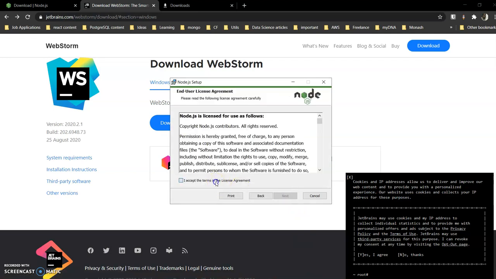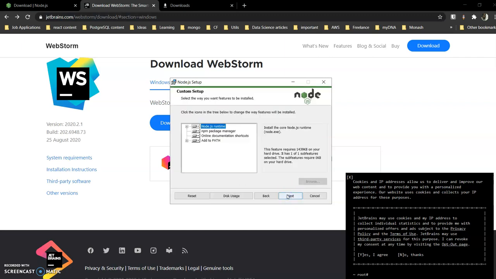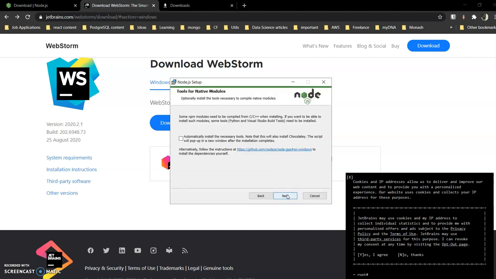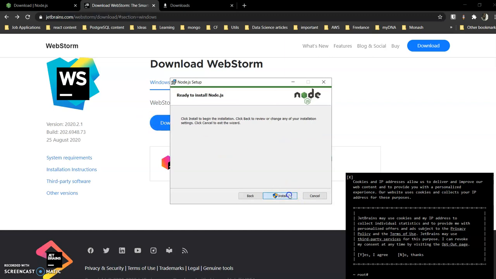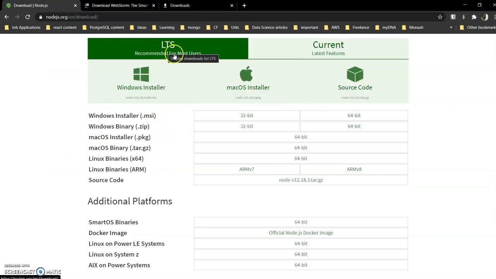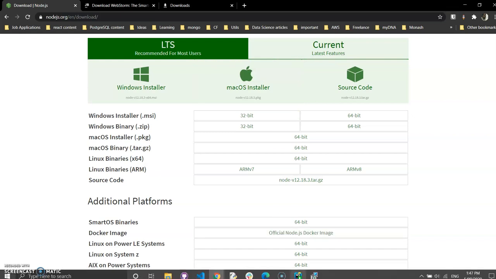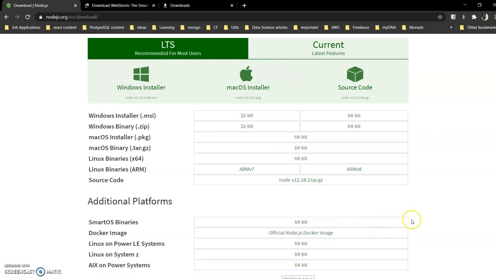Make sure you download the LTS, or long-term support, Node version. This is because it will be bug free. The current version may have a few bugs, so you cannot guarantee it is bug free.